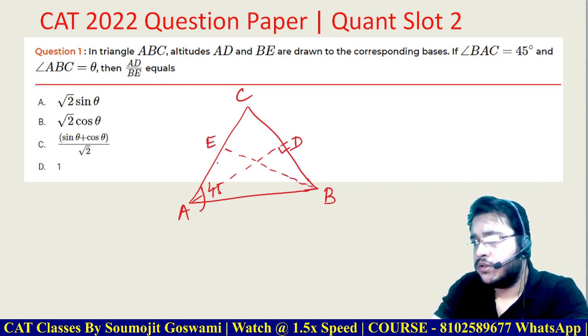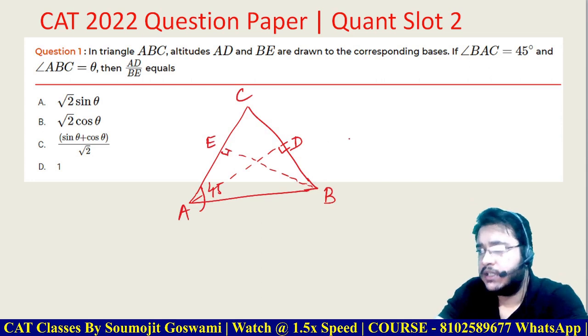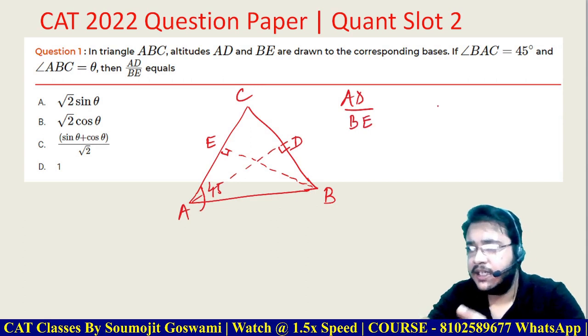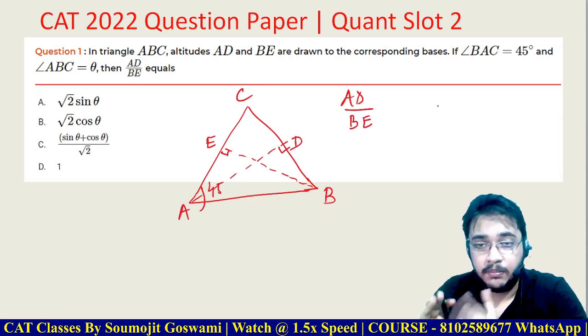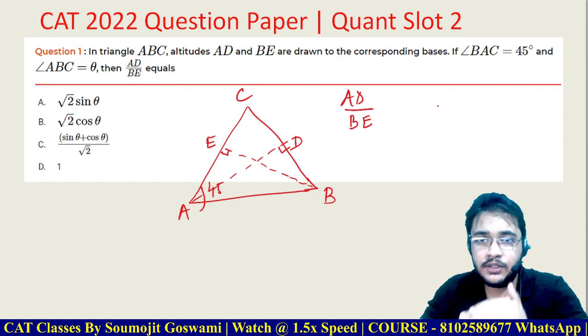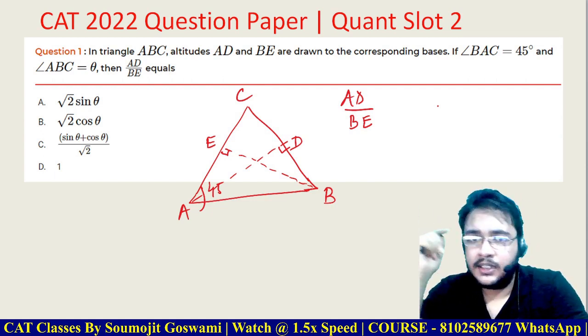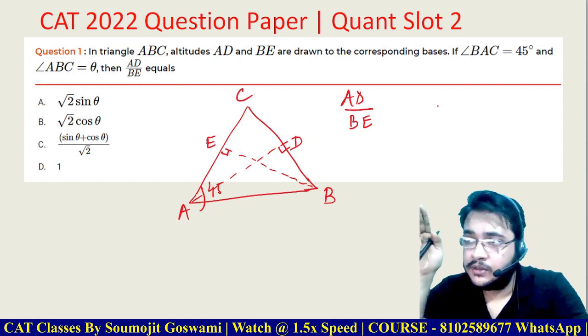Now, so far so good. One thing that they are asking you is AD upon BE. Guys, please understand that AD upon BE is not very difficult to find out, because these options are actually hinting you towards somewhere. When I saw this in the test, the first thing that my eyes stuck to was this